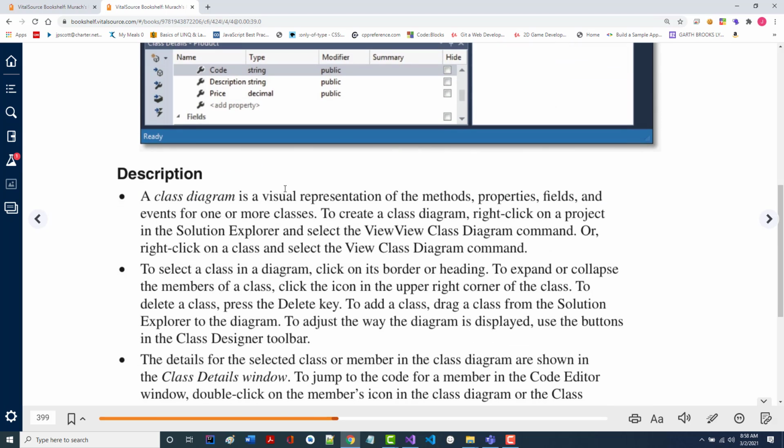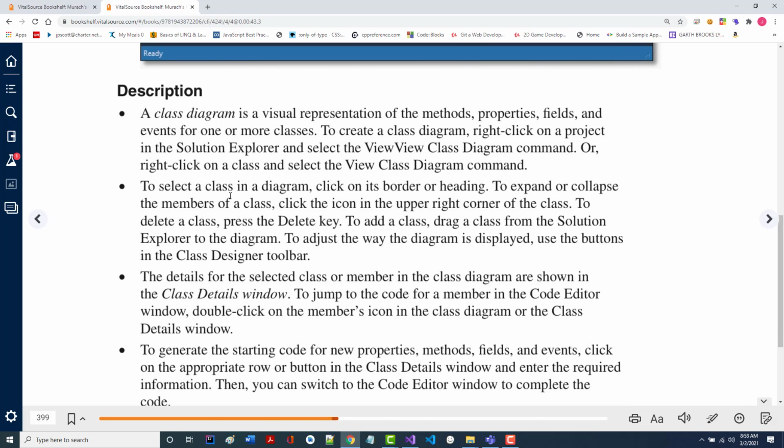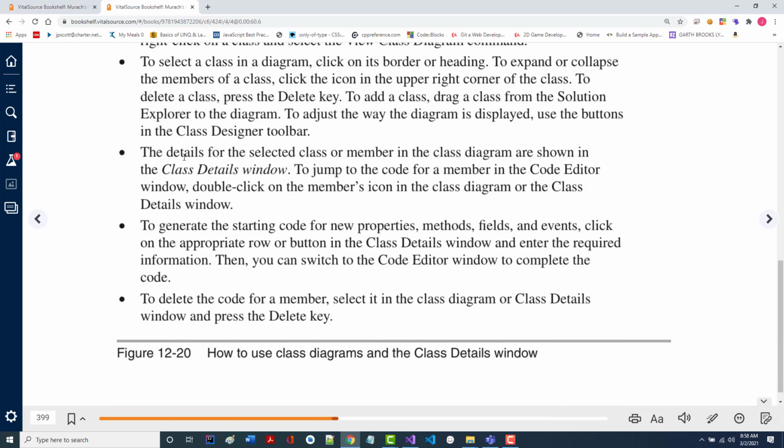All right, so what does it say? It's a visual representation of the methods, properties, fields, etc. It says to select a class in a diagram, click on its border or its heading to expand or collapse it. The details are shown in the Class Details window. To jump to the code for a member, you can go back and forth by just clicking on it.